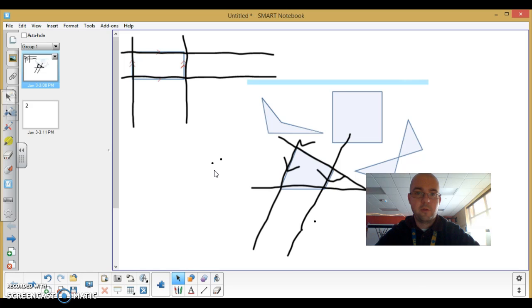So to review, one attribute we're looking at with sorting quadrilaterals today is numbers of parallel sides. So one way we can look at that is to draw lines and see do they cross or not. If they cross like they do here, they are not parallel. If they keep going like this,